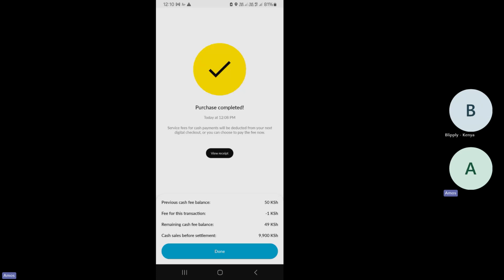So it is a very minimal, very affordable fee. And then the cash limit before settlement: how much can I sell before I repay the 50? You can sell up to 9,900 on cash basis before you resettle the 50. Yani before uweke 50 tena kwa system, ndio iendelee tena kudeduct anytime you're making that sale.